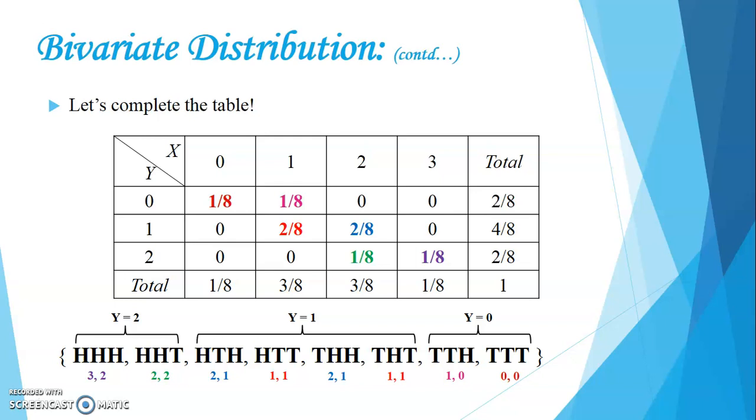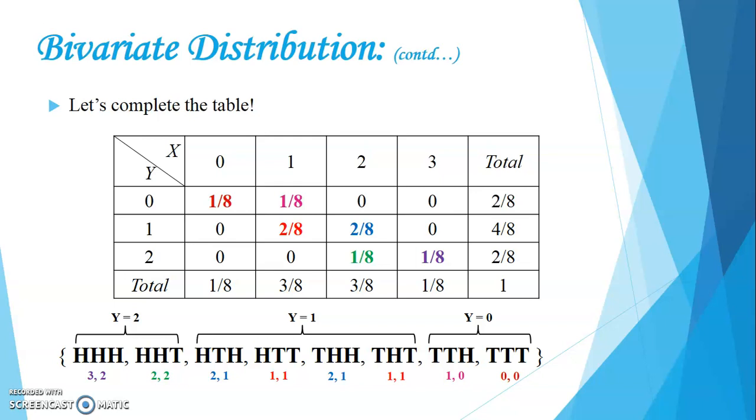So in the table that is written above, for x equal to 1 and y equal to 0, the number written in the color purple, the probability is given by 1 by 8. Similarly, for the last point, when you have T, T, T, x is also 0, y is also equal to 0. So the probability is given by 1 by 8.